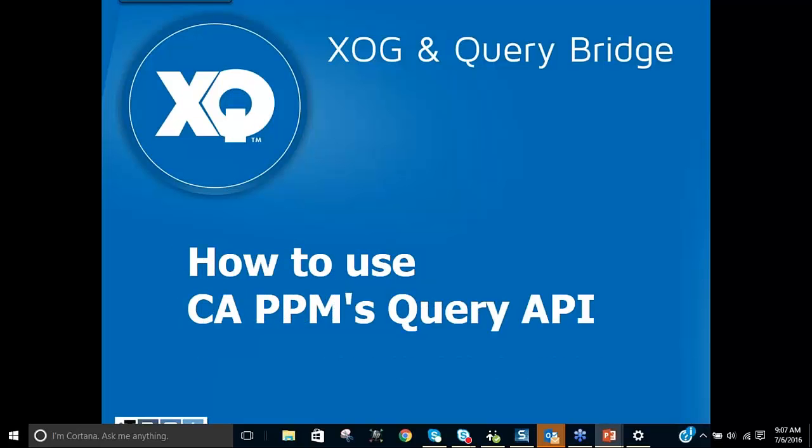All right, so we're gonna start off by learning how to use the query API. I think it's not a really well documented feature inside of CA PPM, but what we're going to show you is how we can build NSQL. So the query API basically allows you to extract data from an NSQL and then allows you to pass filters directly to an NSQL. So I'm going to show you what the code looks like, so what the XML looks like as a read,